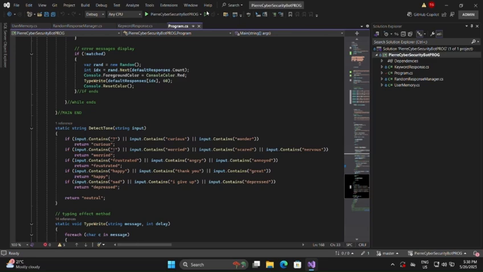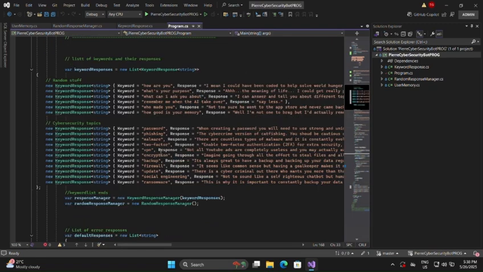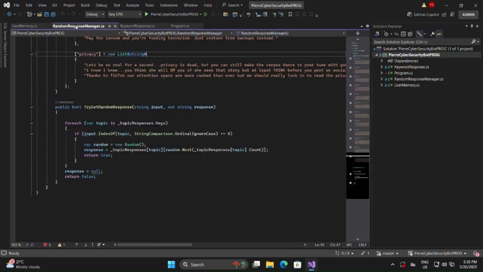So let's say in your message you say the words, I'm really frustrated about malware or something. It will pick up the word frustrated, and before you even receive the information about malware, the bot will try and empathize with you. So let's move up here and see, here we go, frustrated, and he will message this part here. And after it's done empathizing with you, then after calming you down a little bit, it will respond with whatever. So let's say we wanted malware, it's gonna tell you something to do from either here or the random responses